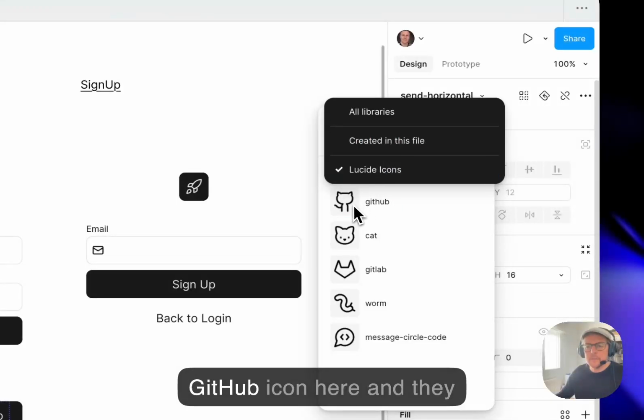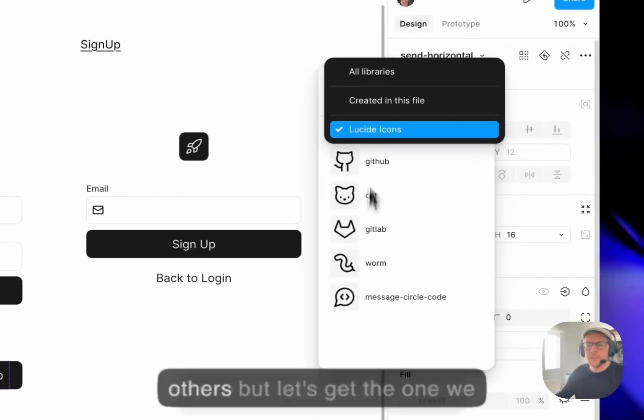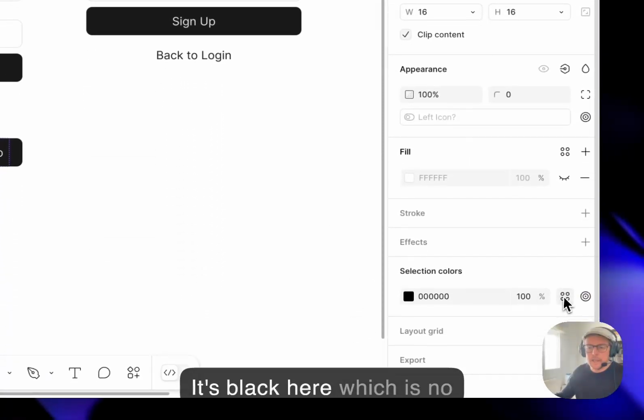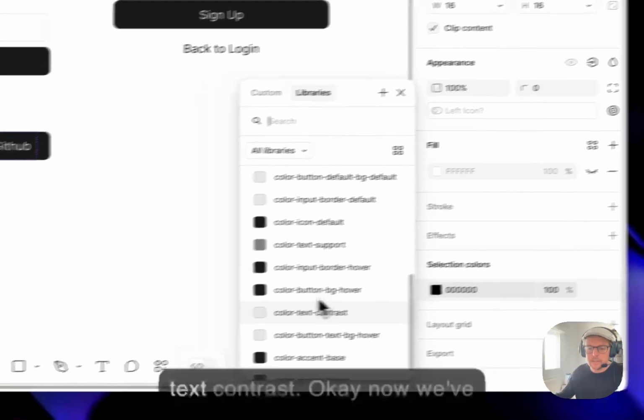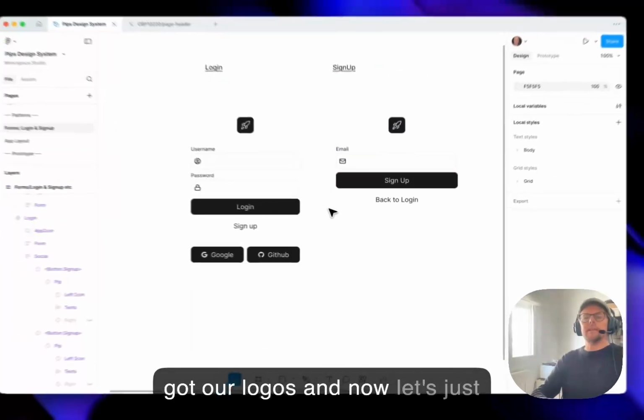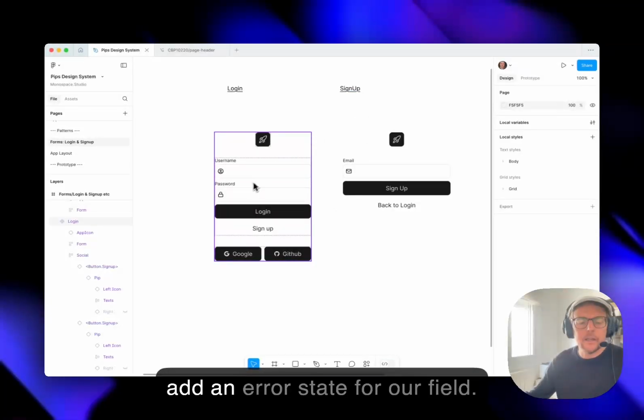Yes, they had the GitHub icon here, and they have a GitLab too, and a few others, but let's get the one we grabbed so it's similar style. It's black here, which is no good. We need that to be our text contrast. Okay, now we've got our logos, and now let's just add an error state for our field,